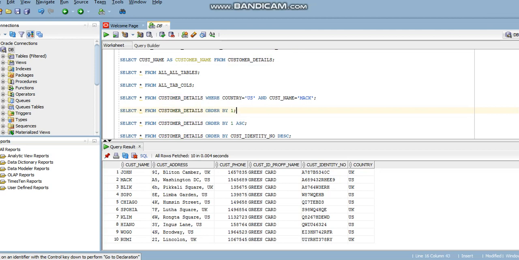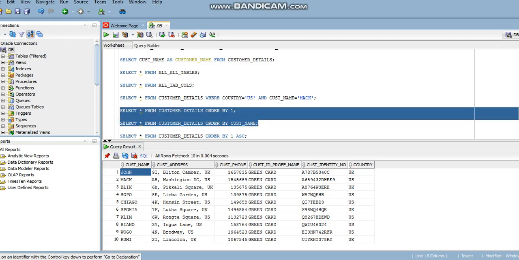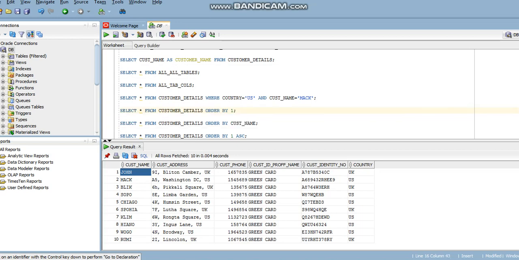Let me run, let me copy. As I have said, these two queries, select star from customer details order by 1 and select star from customer details order by cast name, have the same meaning.